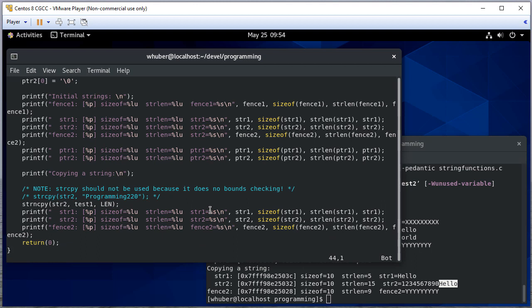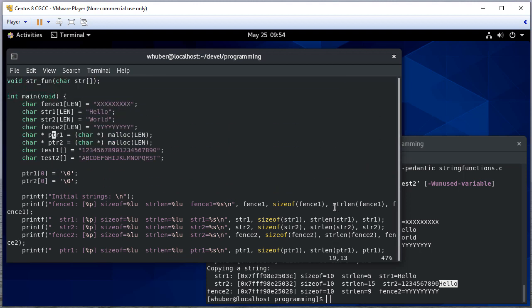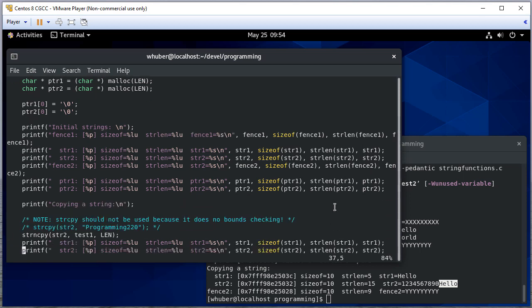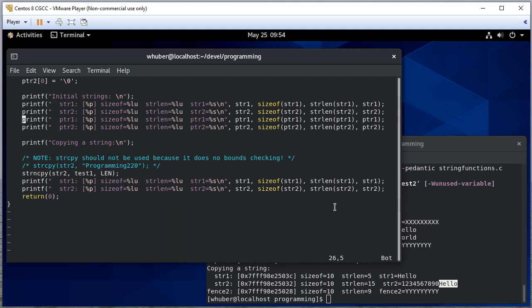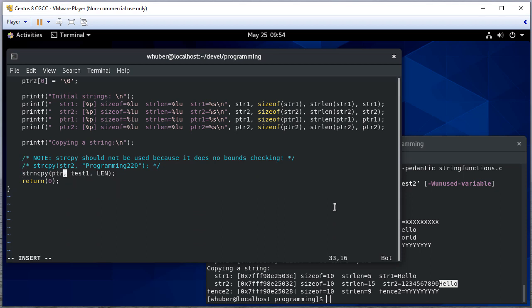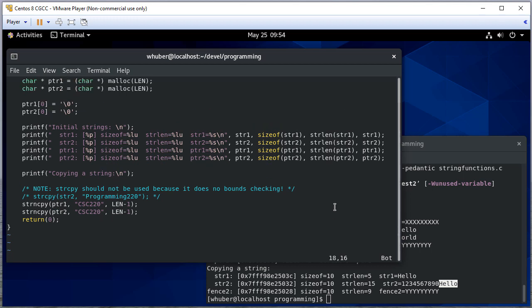And now that we've talked about all the warnings, maybe we can actually start doing some actual work. I'm going to delete these just because they don't really make a lot of sense in the long term. Those really were just for purposes of demonstration. Let's strncpy into pointer 1. And again, we want to copy length - 1 characters. Let's copy the string CSC 220. And for pointer 2, actually, let's go ahead and